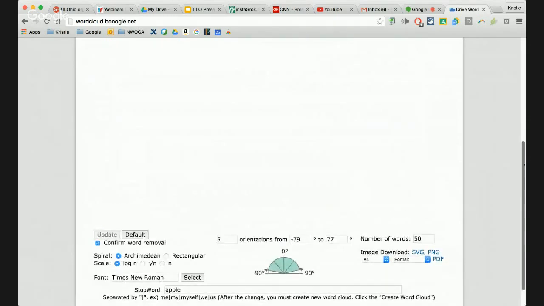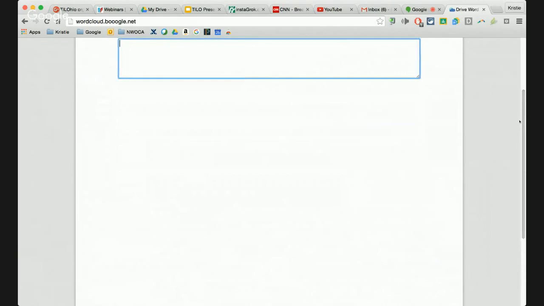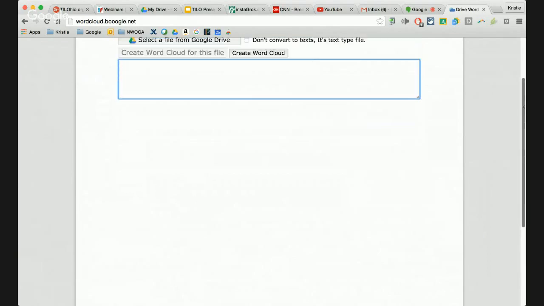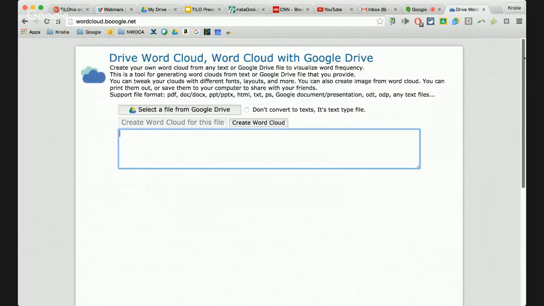And it does have a nice tie-in to Google Drive. So it's really helpful for those of your students or those of your staff that are already using Google, that it does have that nice tie-in. And there's no additional software or anything like that that needs to run for this one to run on your Chromebook or on your Drive or on your laptop or anything like that. So that's a really nice one as well.